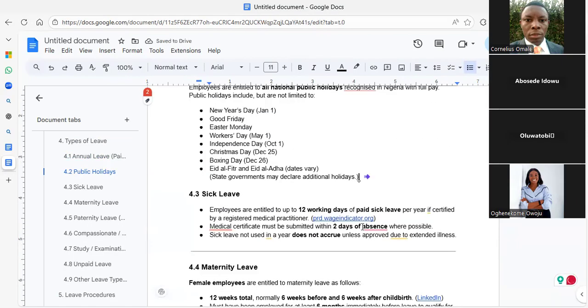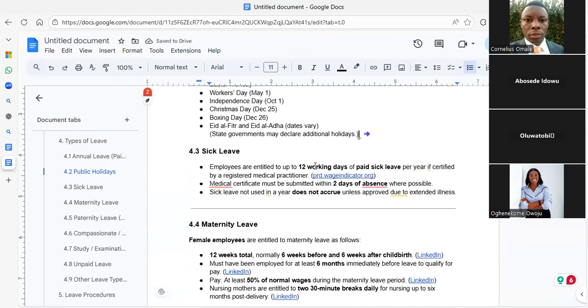Now, let's look at sick leave. Employees are entitled to up to 12 working days of sick leave per year if certified by a registered medical professional. Now, I told you 3 to 5 working days, we might not even ask you to bring a doctor's report. Once you exceed that, you have to. And if it becomes 12 working days, almost like 2 weeks, then you have to check very well. And after you have checked and everything is still okay,